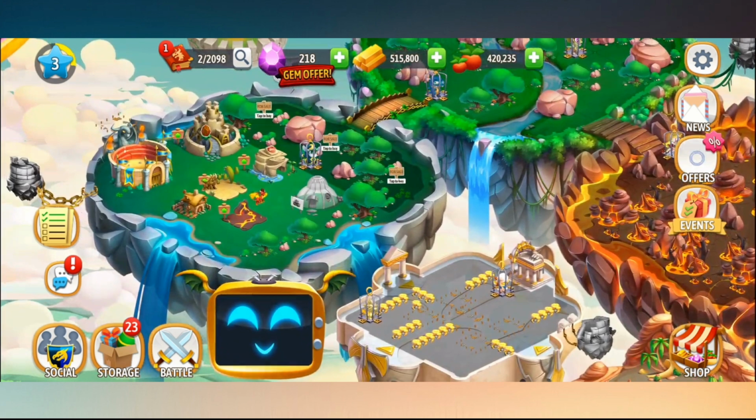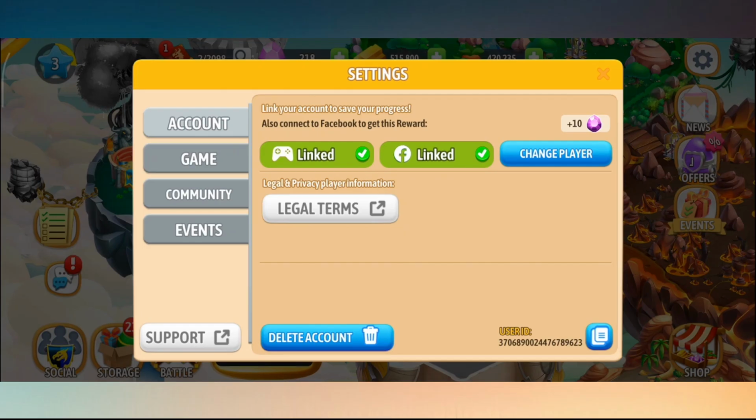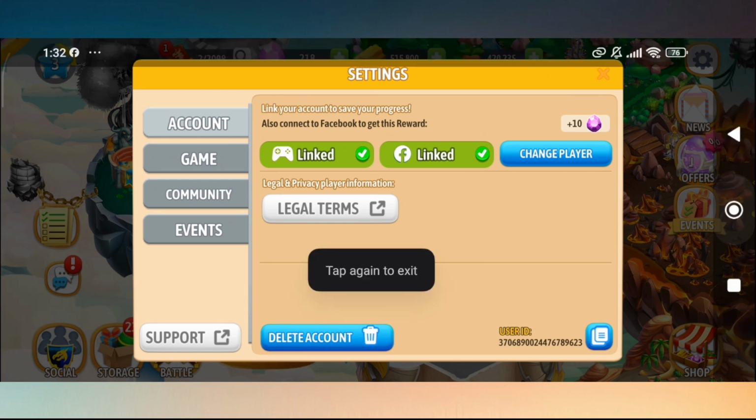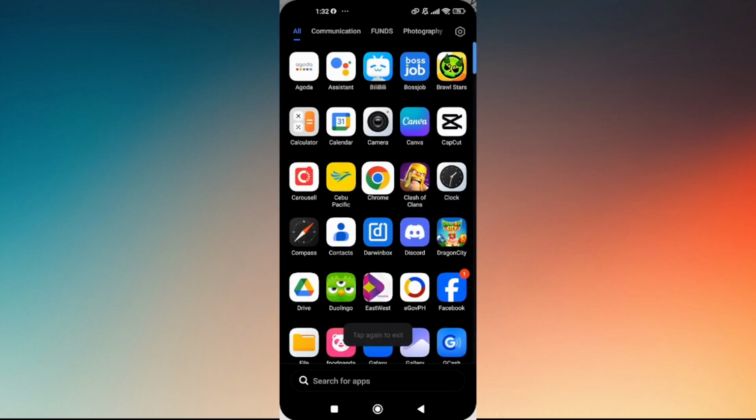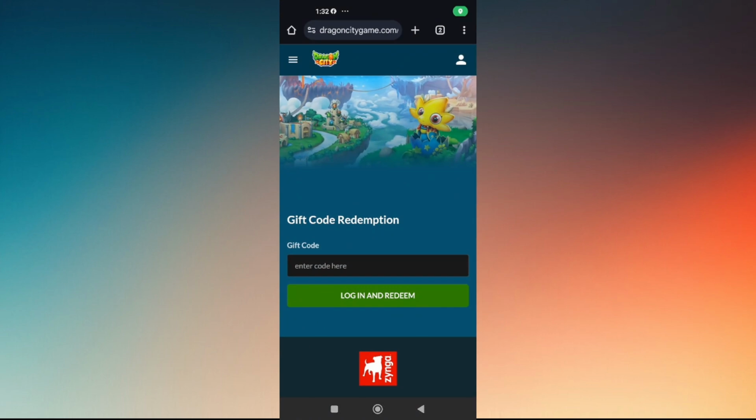Once you're here, just go directly to the top right portion of your screen, which is usually a gear icon. Now, it is usually located on the redemption page in your settings if there are some special events. Now, if that option is not available from here, use your preferred web browser from your mobile device and then head down to